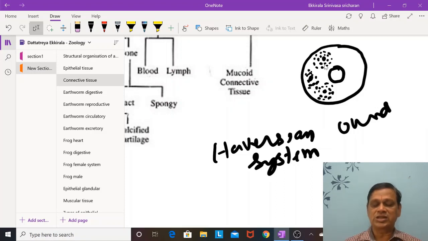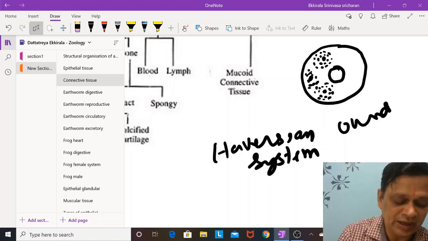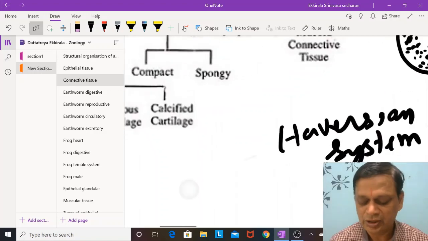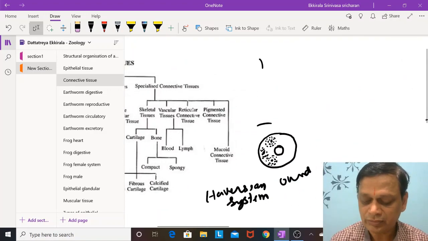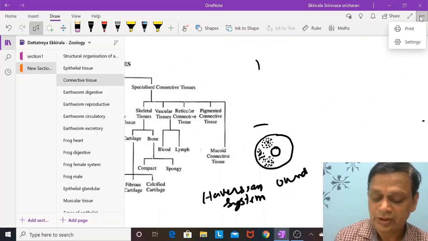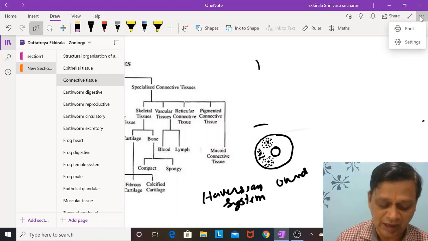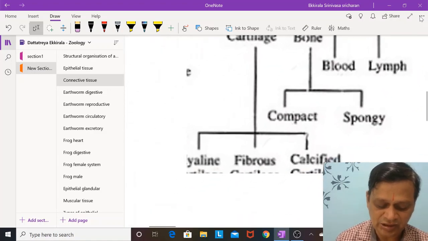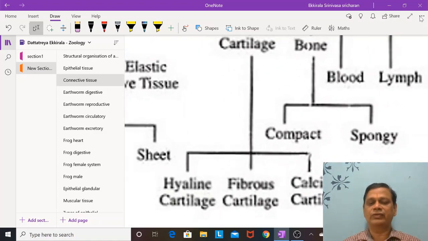As it is just a revision program, we cannot have time for detailed discussion of these structural details, right? Okay, and cartilage, as we have seen, is present